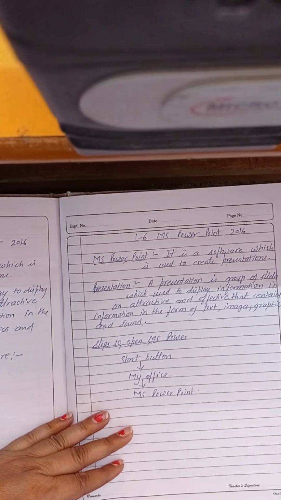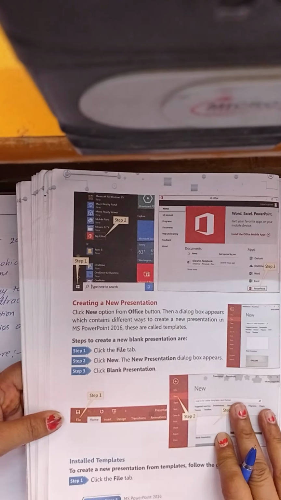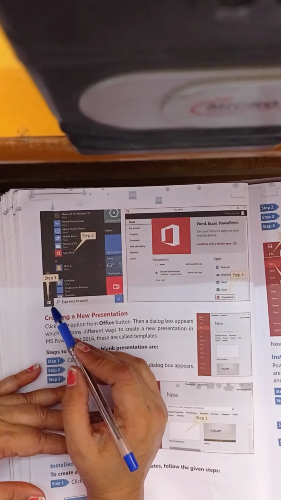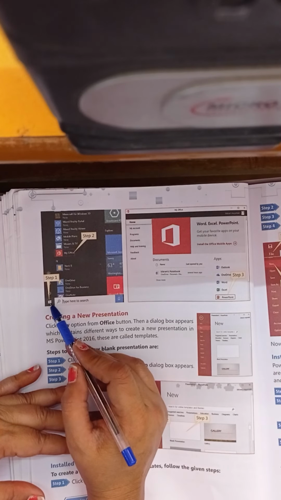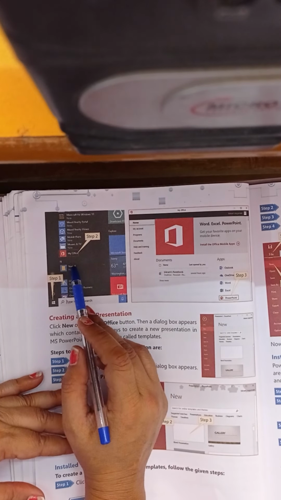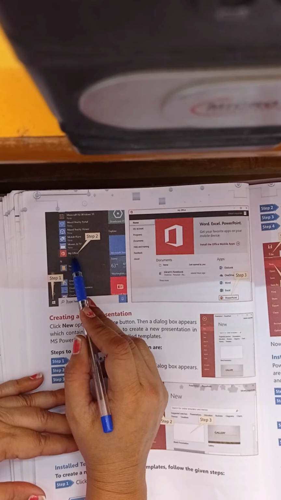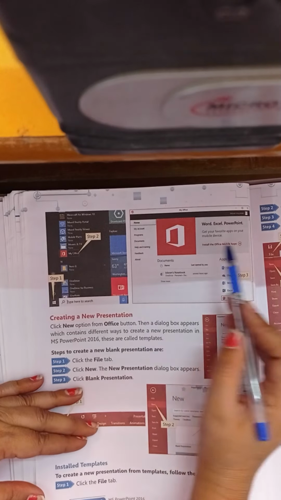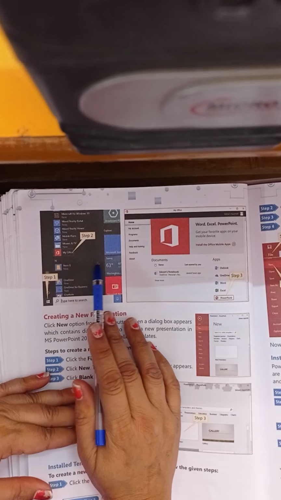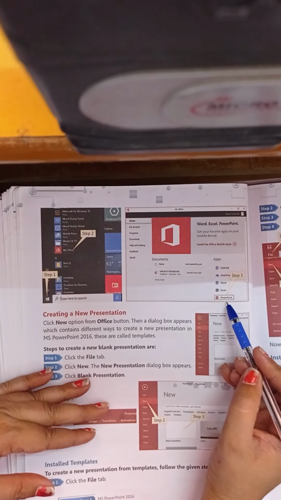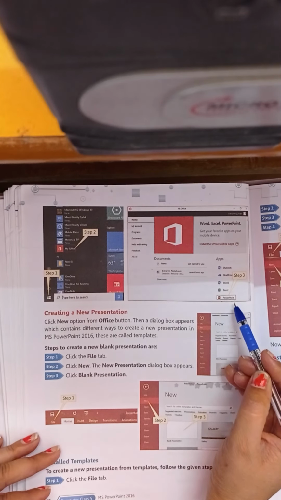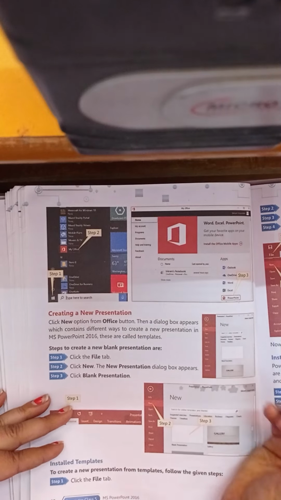All these steps you can see in your book also. See all these steps from where you have to click on start button. This is the start button. As you click here, you get this pop-up menu. From this menu you have to click on My Office. As you click on My Office, you get this list, or you can see the dialog box of the MS Office. From this box you have to click on PowerPoint. As you click on PowerPoint, you get the PowerPoint window.